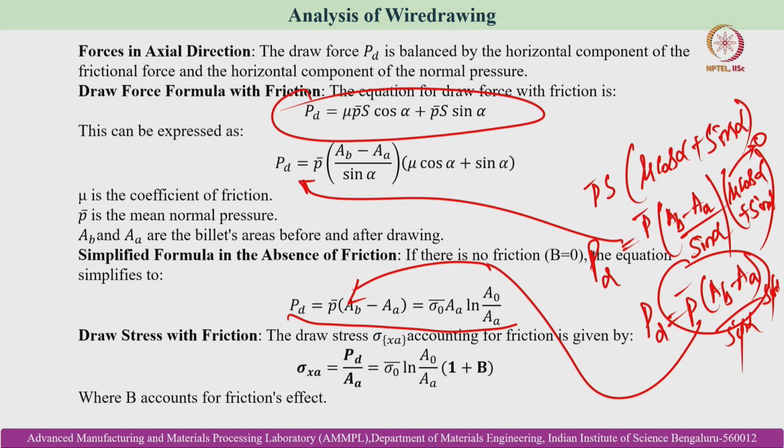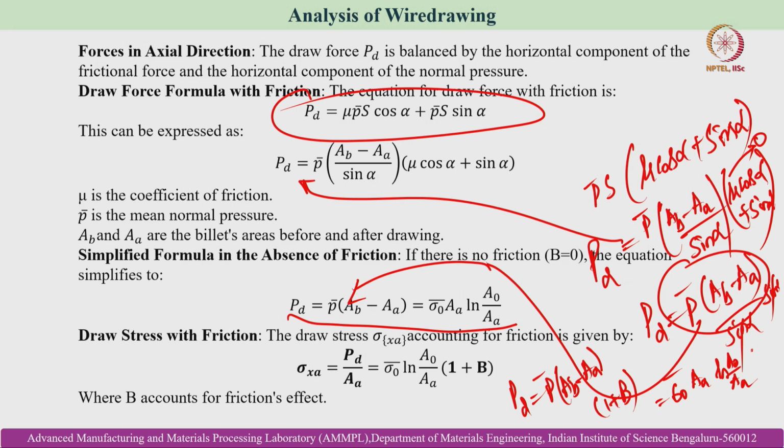So then this expression gets modified, the die pressure in case of friction consideration gets modified as P bar A b minus A a into 1 plus b, because 1 plus mu cot alpha, where mu cot alpha is equal to b. So 1 plus b, and then if you divide it by A a, then you come to this expression, which is basically sigma 0 bar A a into ln A 0 by A a